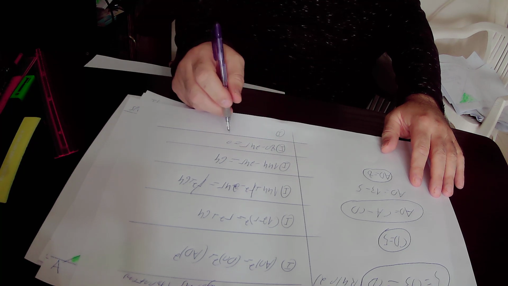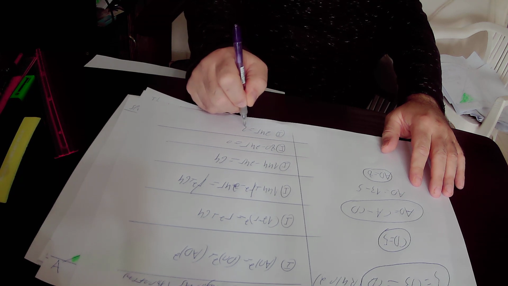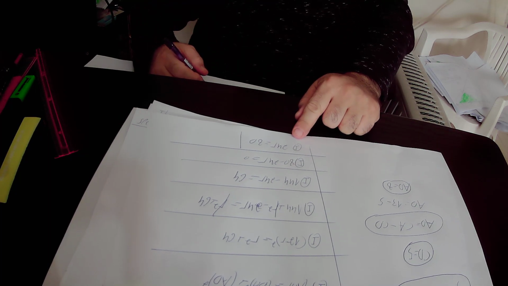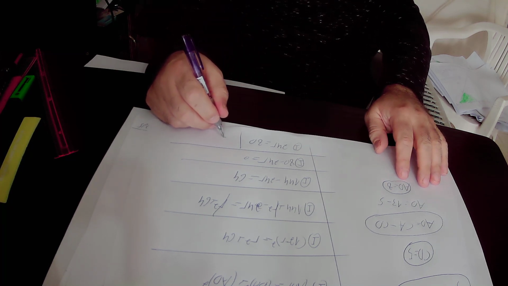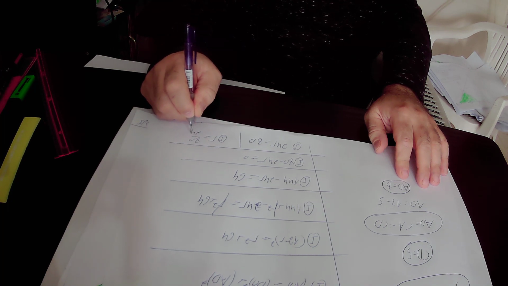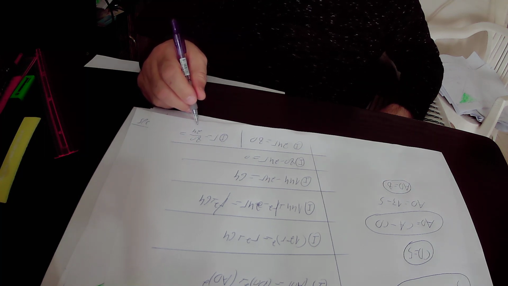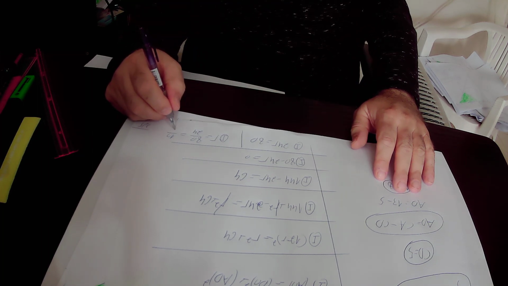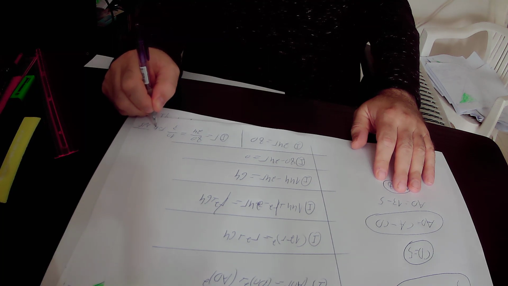Here we will add 24R to this equation, equation number 1, and we will get that 24R equals 80. So here we will divide equation number 1 by 24, and we will get that the radius of the semicircle R equals 80 over 24. Here we will divide both the numerator and the denominator by 8. So 80 over 8 is 10, and 24 over 8 is 3. So we found out that the radius of the semicircle equals 10 over 3 units,